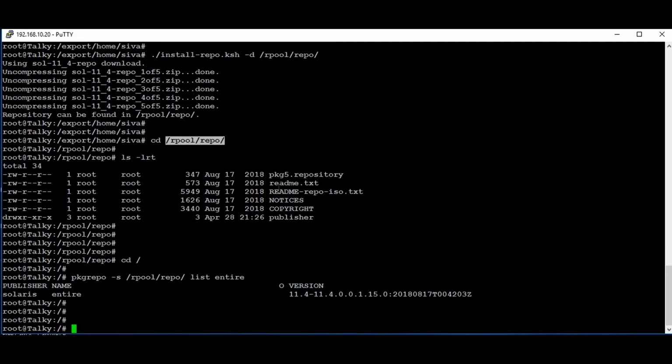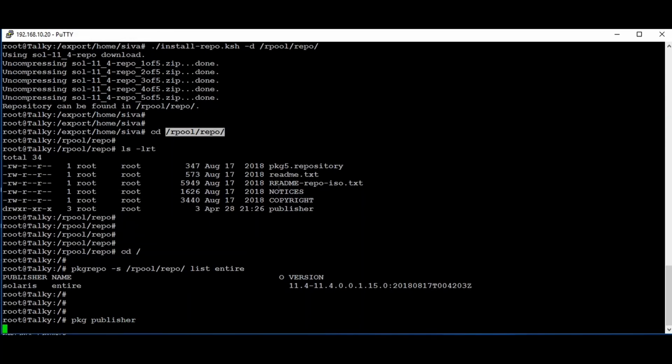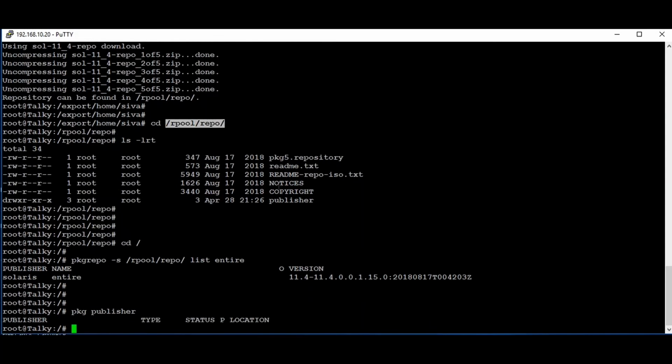Now we are going to set the publisher. We can check whether a publisher already exists using the command pkg publisher. There is no publisher set.